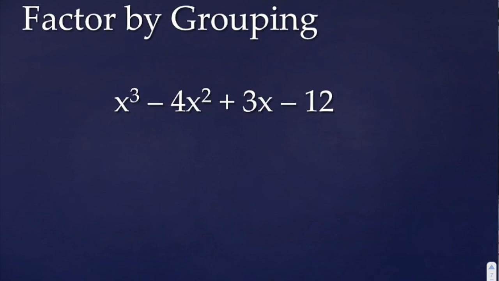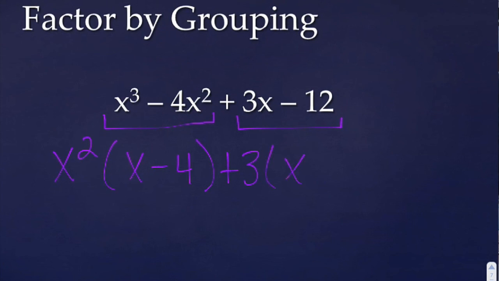Finally, we have x cubed minus 4x squared, so in common they have x squared. I am left with x minus 4. Between 3x and negative 12, I can take out a 3, and I am left with x minus 4. Now I can take out the x minus 4, and I'm left with x squared plus